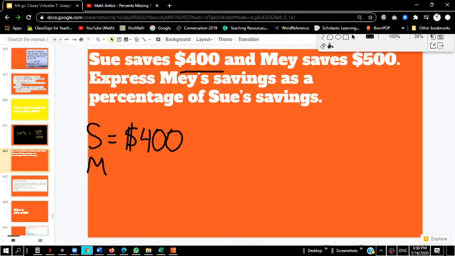And May's amount is $500. Okay. We can compare those two amounts because they're both looking at the amount of money. All right. Now, if we take a look at Sue's amount and we compare that to, let's say, 100%,